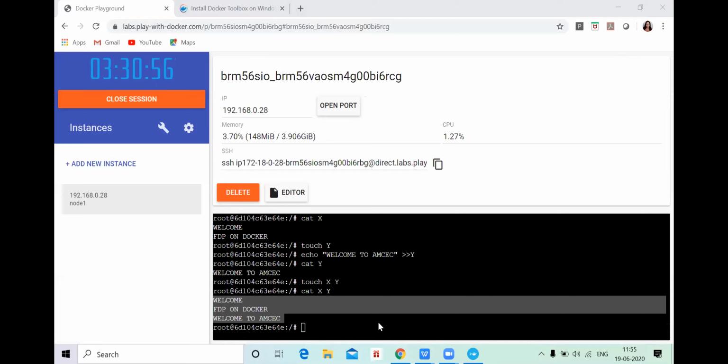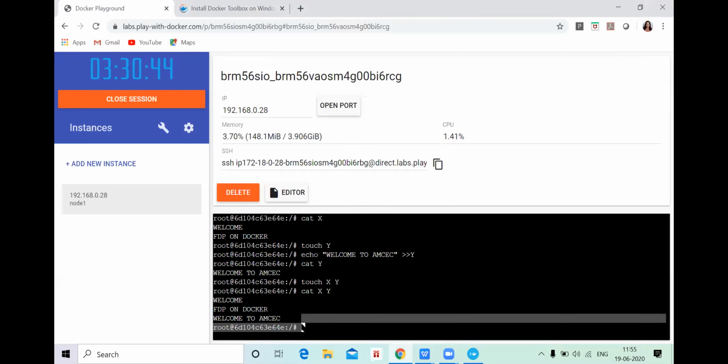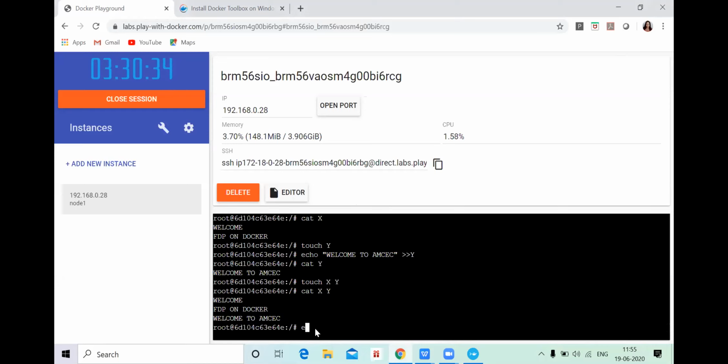Welcome, FDP on Docker. Welcome to AMCEC. I hope all of you have got the idea of writing a small program. If you want to exit from here, you have to write exit.